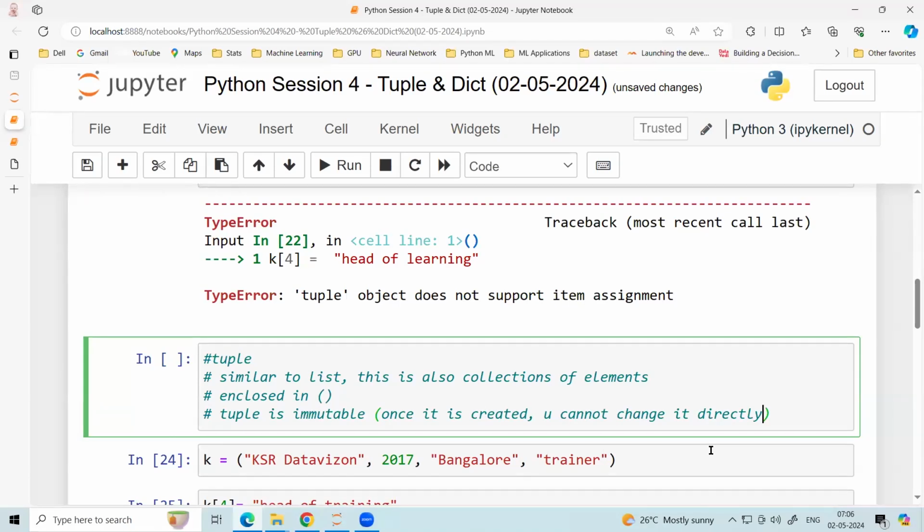Are you all with me on what I did now? Yes, Santosh. Yes. Okay. If he was a normal student from any other institute, he would have simply said no. But what you need to tell me, in case it is possible to change a tuple, you need to tell me that it is not possible, right? Once created, it is not possible. It is immutable, but still there is a way to do it. We can convert that into a list, change elements of the list and again convert back into tuple. This should be your answer because you're from